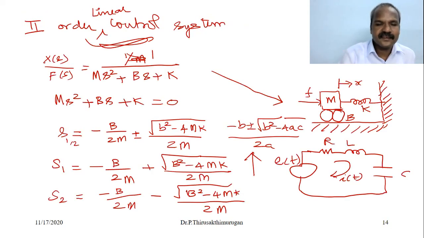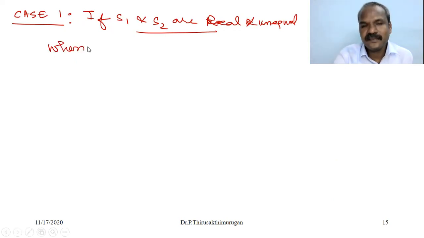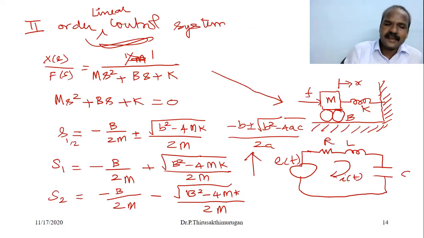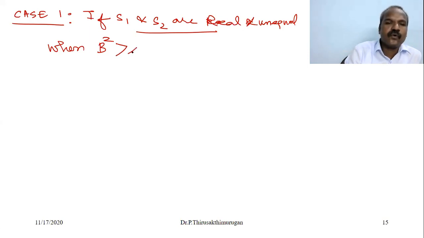So in this case, what is the result? What is the case when these roots become real and unequal? Both should be real and unequal, right? It depends on b square minus 4mk, right? So when b square is greater than 4mk,